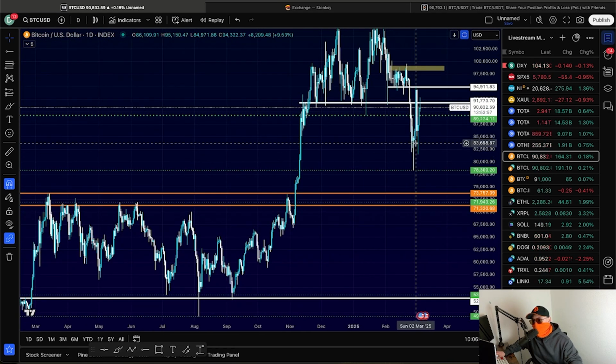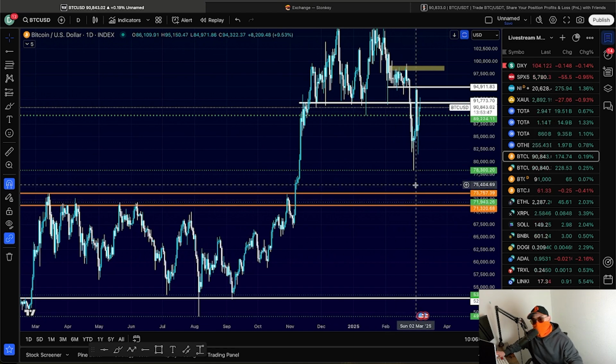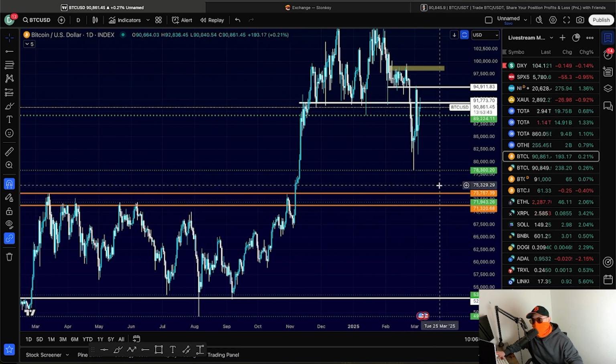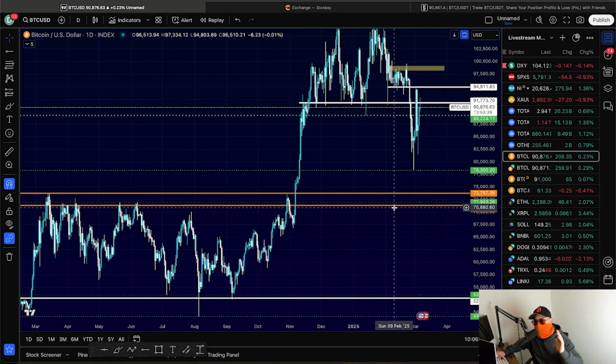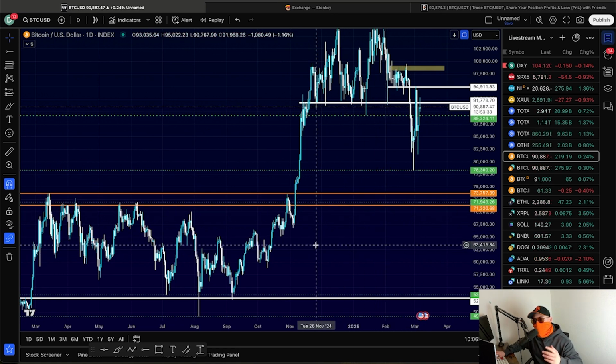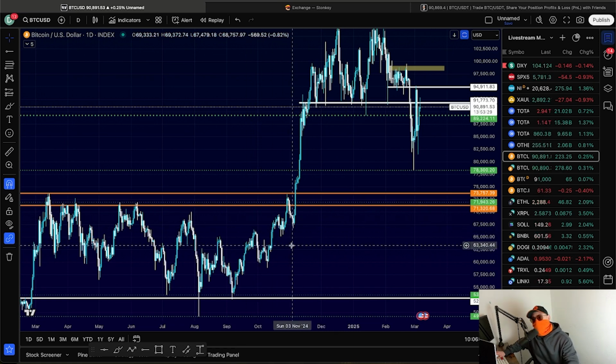For instance, if the price did cascade down to here, there would have been even more panic, even more fear in the market and all over CT if you was looking on there. And it could have blurred your vision potentially for a prime SR test, which could have provided a great opportunity. Having these key levels marked out keeps your trading clear and keeps your thought process as it should, because you're not going to get overconsumed by what people are throwing out there, and all you're focusing on is the chart, because no matter what's going on,